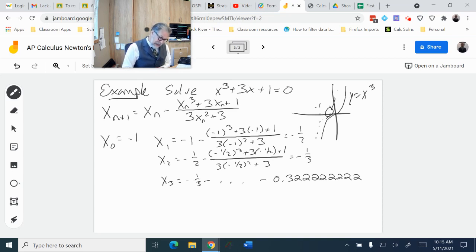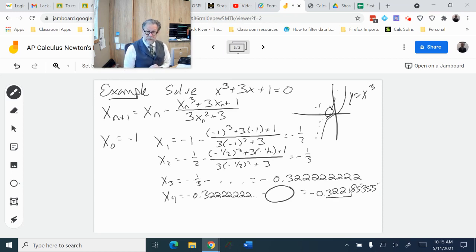And so then I'll plug that in, and I'll find x sub 4 equals -0.322185355. Notice